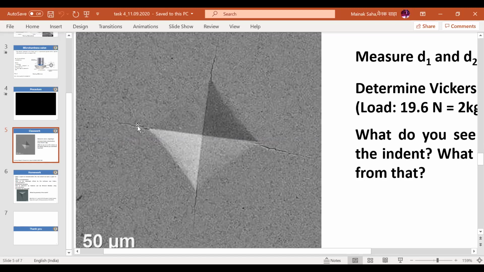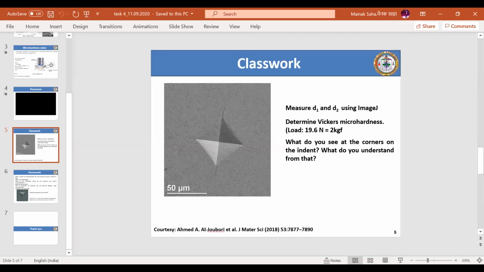You will learn this. If you have the cracks, you can find out the fracture toughness of the material also from these cracks. Okay, from the width of the crack you can measure. I mean, it's quite hard, but okay, for you this is too much. So I'm giving you a simple experiment, a simple job to do.